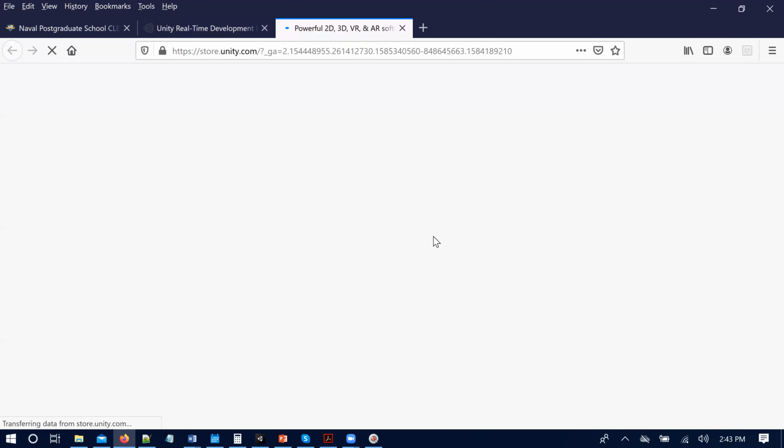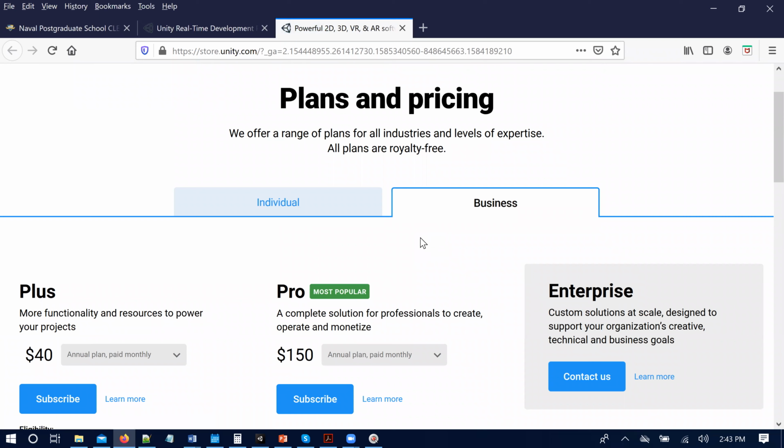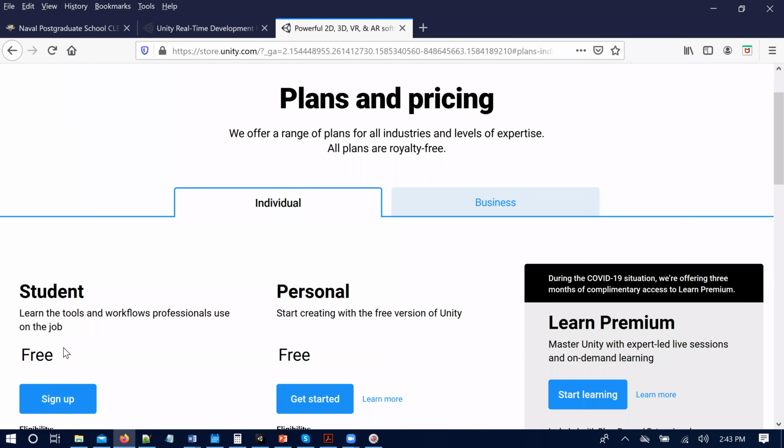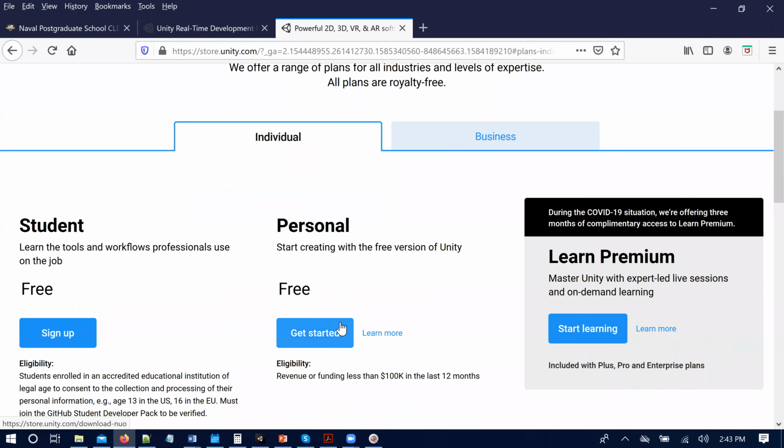Now when you come on here and you click in to get started, if you haven't done this before, this is kind of the path you're going to have to go. Actually, I think there was a link in the email about setting up a Unity ID. But this would be how you get to the free one. You click Get Started. You see they're funneling you down the business route, and they want you to pay. But if you just click on Individual and you go over, Personal would be the one that you can use without a license. So that's where that is.